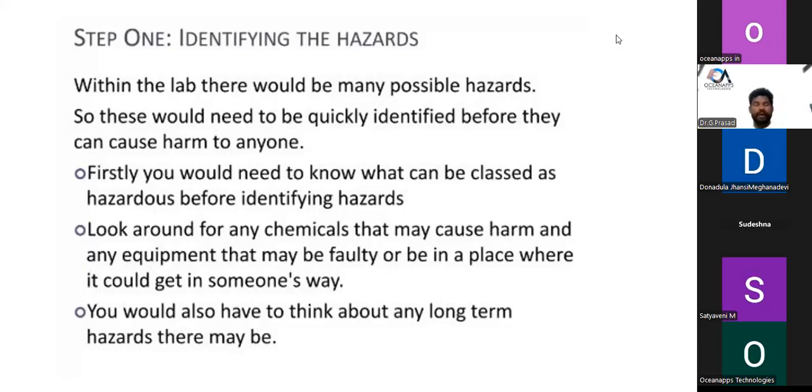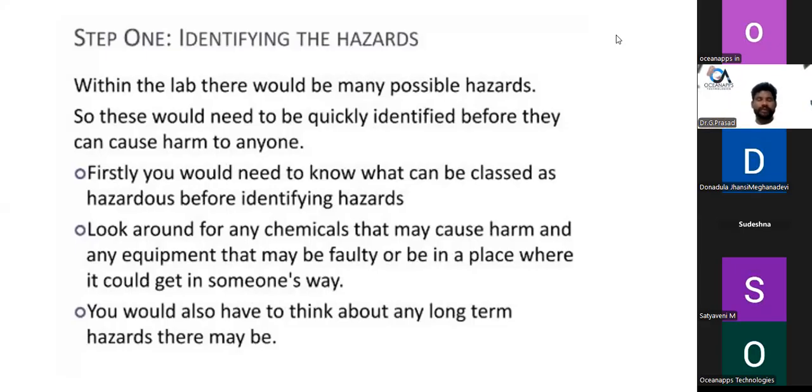Next, look around for any chemicals that may cause harm and any equipment that may be faulty. అంటే ఏదైనా ఒక సిచ్యువేషన్ జరుగుతున్న అంటే అక్కడ మోస్ట్ ఆఫ్ ద టైమ్ ఇన్ ది ఇండస్ట్రీ యూ హ్యావ్ ఎ లాట్ ఆఫ్ కెమికల్స్. సో దాట్ కెమికల్స్ we have to identify, and that chemicals coming under which class, and we have to identify the equipment. So that equipment is under what type of process we are going to do in that equipment, like everything. Then that is step number 1.